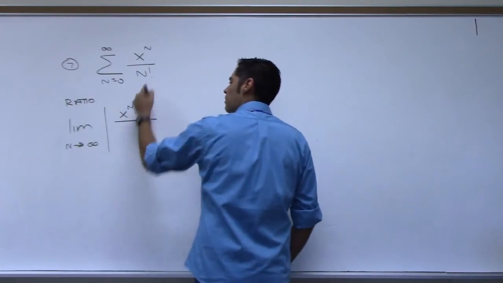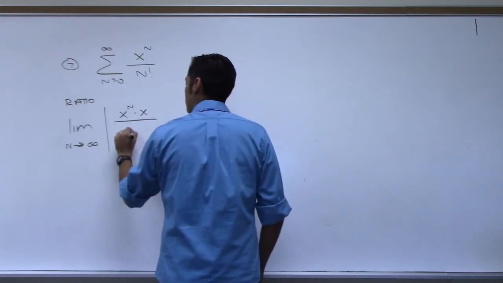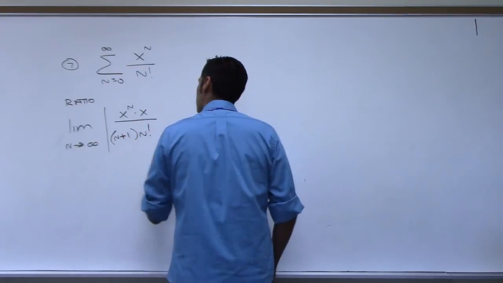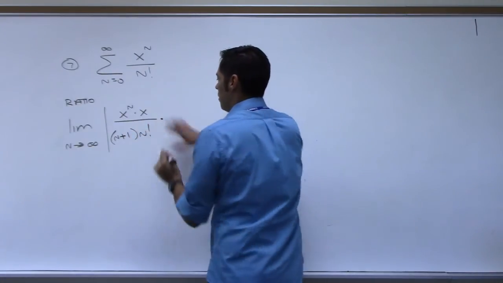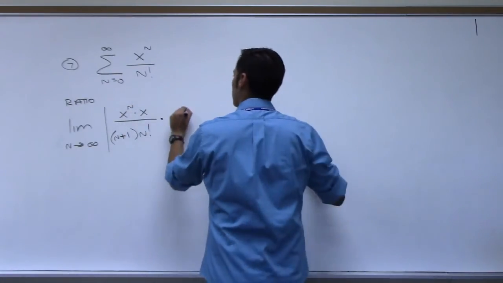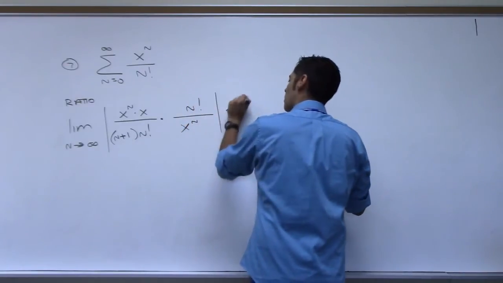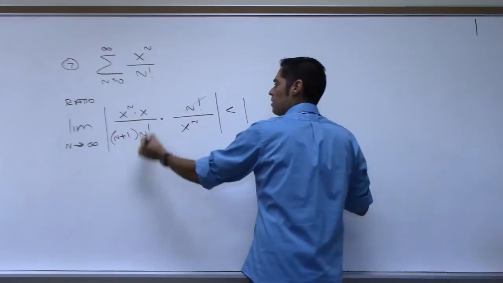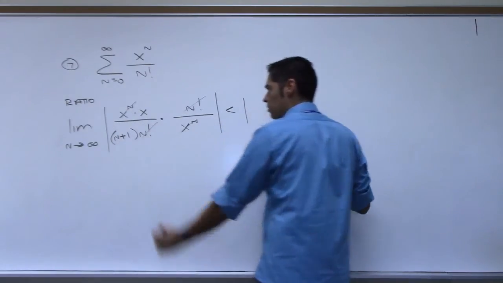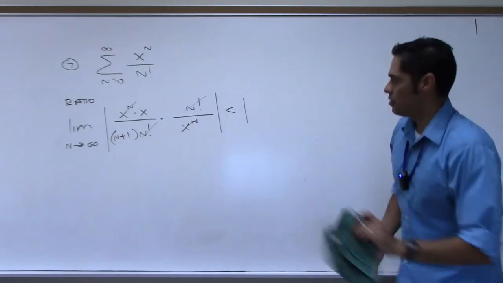When I plug in n plus 1 factorial, we've already seen that that can be broken down to be this. And then I do this over that, flipped over, n factorial on top, x to the n on the bottom. I want this less than 1. The n factorials cancel, the x to the n's cancel. And so I get the limit